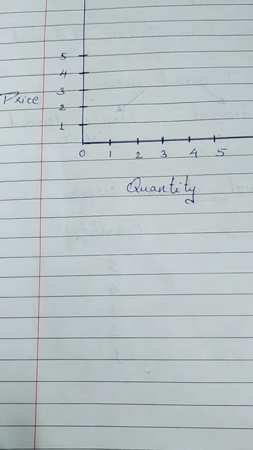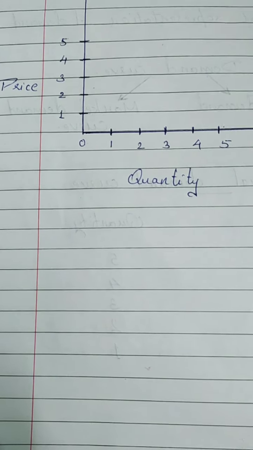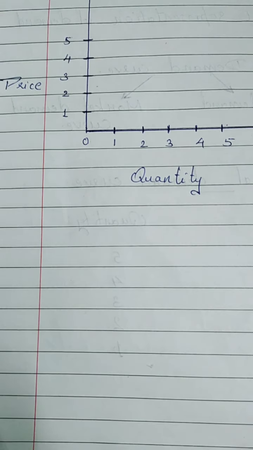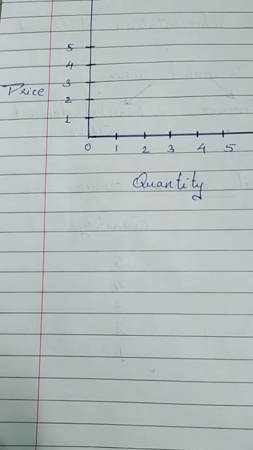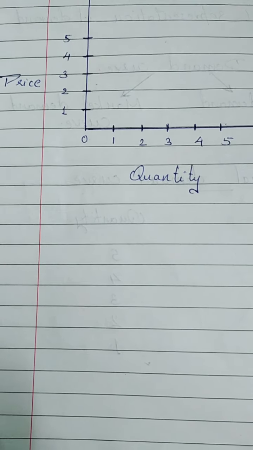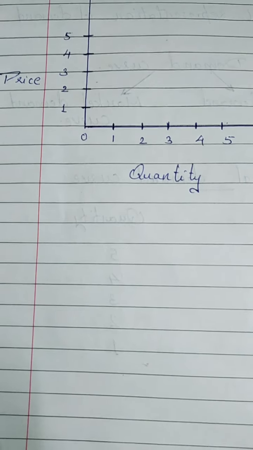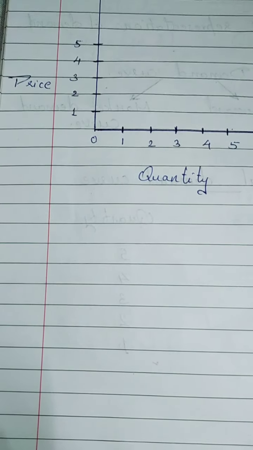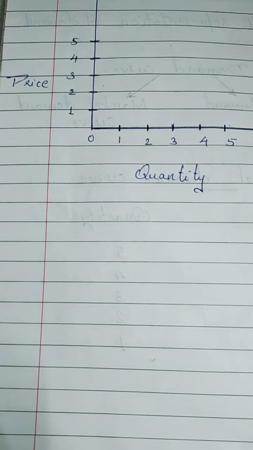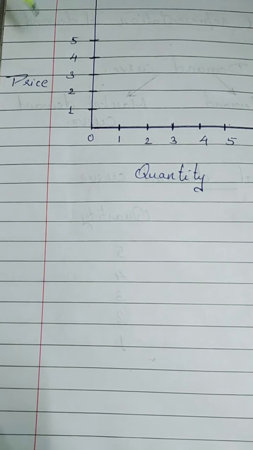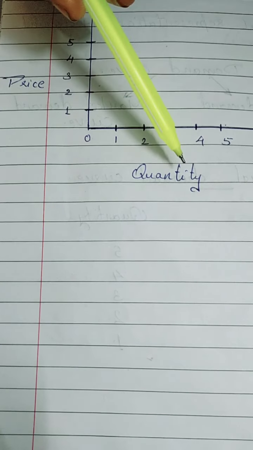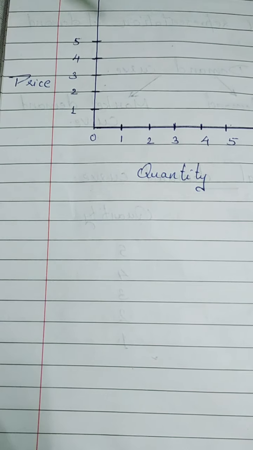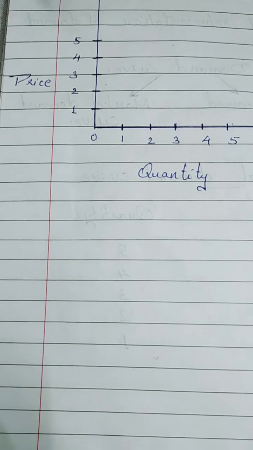Now, as we had drawn the table, price and quantity. In that table it was given that when the price was 1 rupee, the quantity was 5. So what you have to do is just join it. That is, you first make the x axis and y axis, and in the y axis you denote price, and here quantity is shown, and this graph we are making is the individual demand curve.